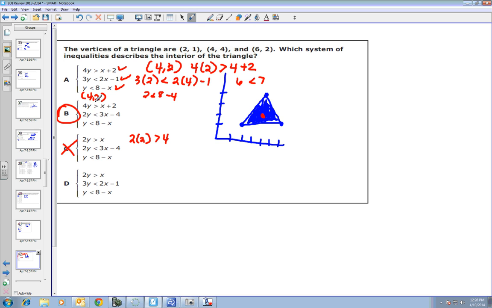We graphed each of these inequalities in our calculator and saw which one formed this triangle in the first quadrant. But it was kind of hard to tell by looking at the graph if it actually matched up to our triangle or not. The three overlapped shaded areas is what should form my triangle. And B, when I graphed it, it did look like this triangle with all three shaded regions intersecting here. But it should work also that if I choose any number,